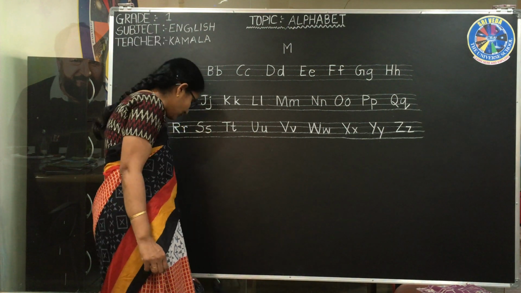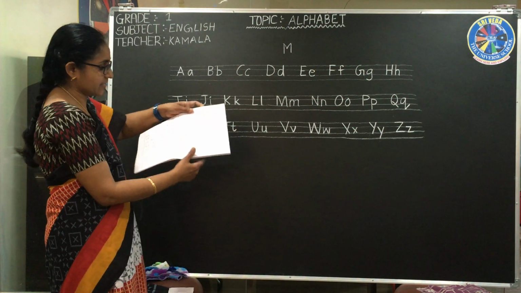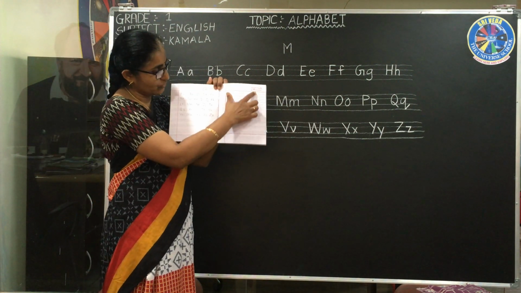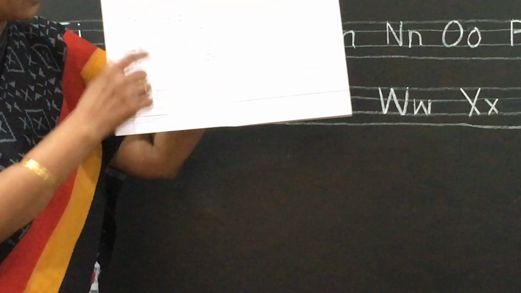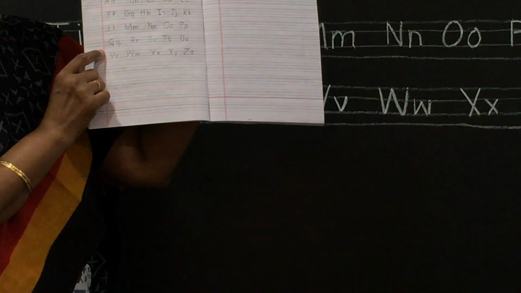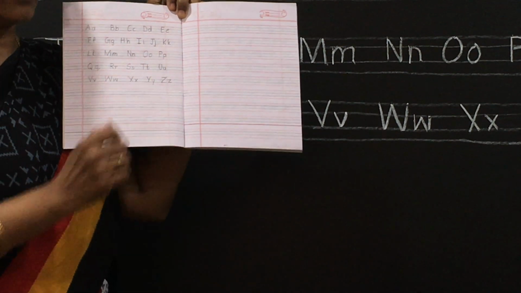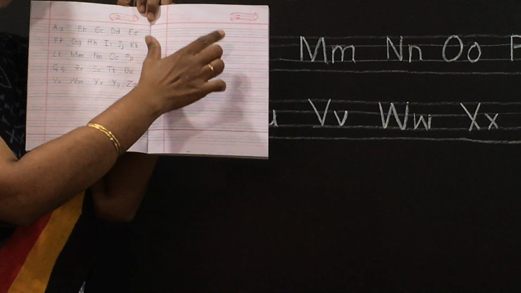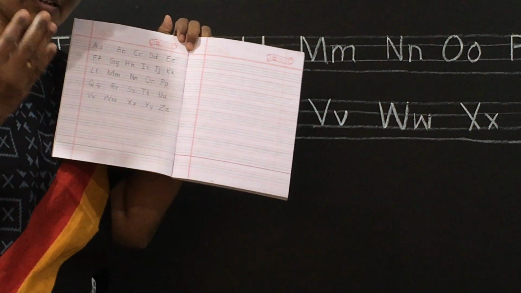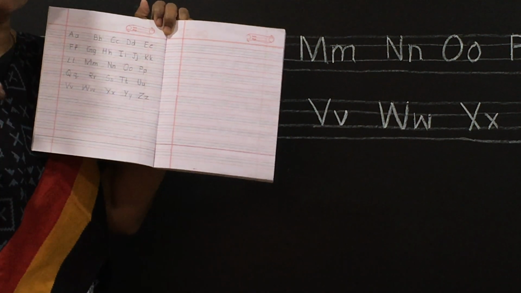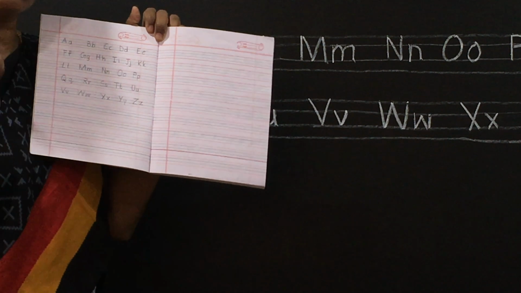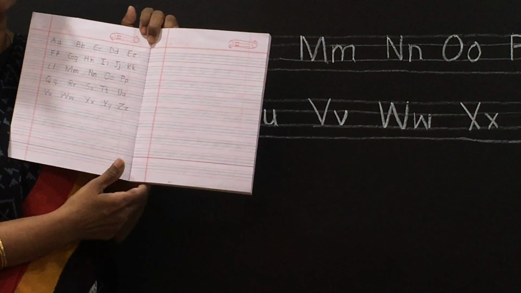So what is today's homework? All of you are writing like this, no? So you again take out your 4-rule book, and this is how you are going to write your homework. Again you will put the heading, the alphabet. You have to write the date, and then you write 3 times for homework. You can practice more, but 3 times is the homework. You take a picture and send it to us. We'll correct your homework for you.